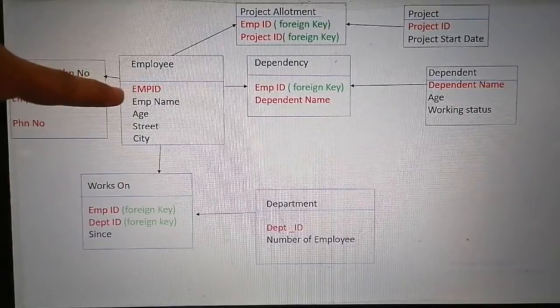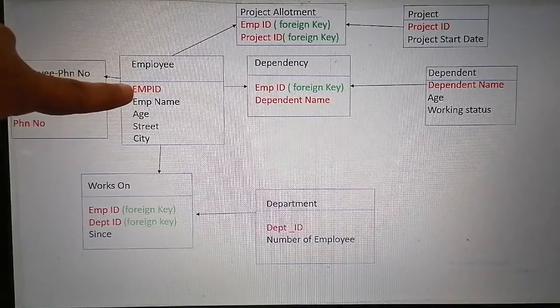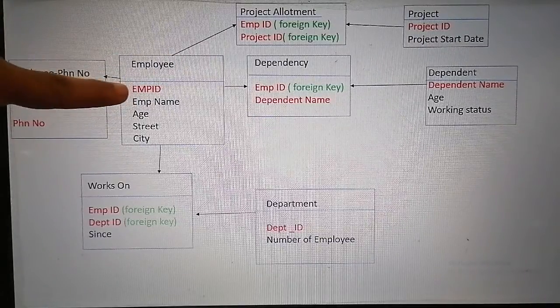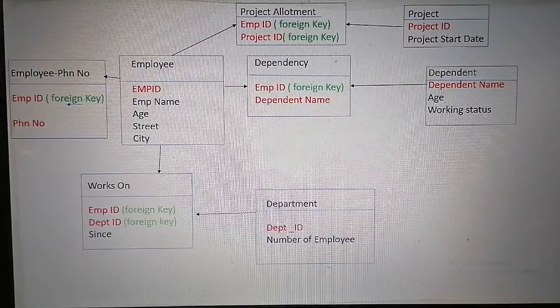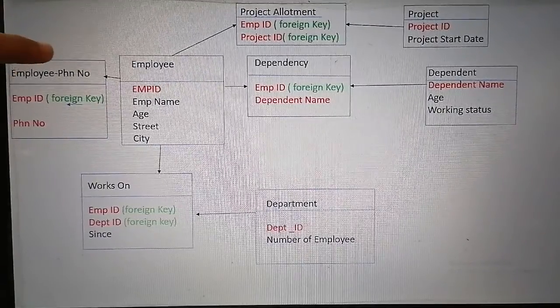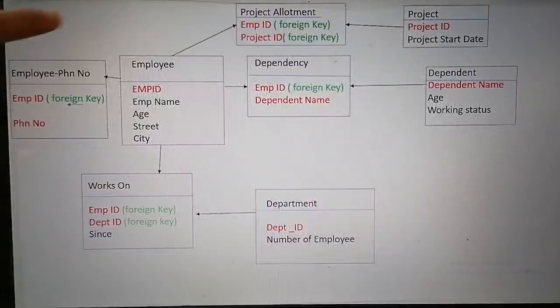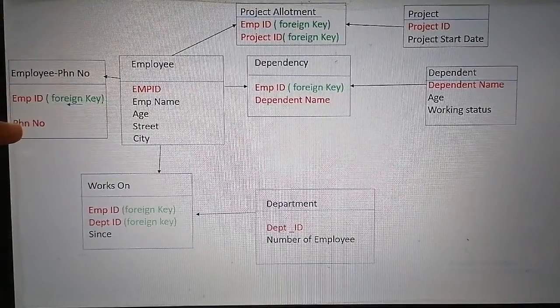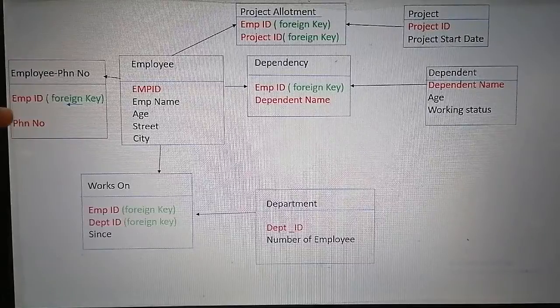Here in red color I have represented the primary key, so emp id is the primary key. As you can see, I have created a new table for the phone number, and placed employee id and phone number as attributes.